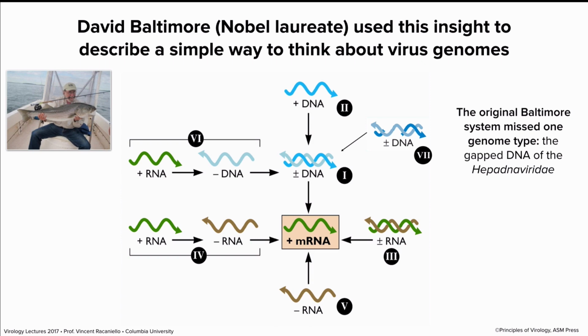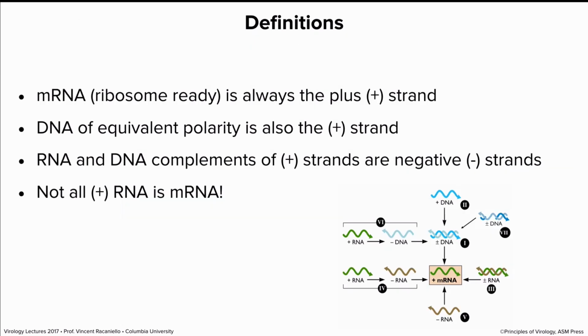But first, let's define some of these terms so that you know what I'm talking about. Then we can go back and explain all of this. So mRNA, these are conventions, which is ribosome ready. mRNA produced by transcription is ribosome ready to be translated. Then we call that the plus strand, just by convention. Has nothing to do with polarity or electricity or anything. People always ask me, does this have something to do with some fundamental property? No, they just said, let's call it the plus strand. They could have called it the minus strand, and we do everything oppositely. Plus strand is always mRNA.